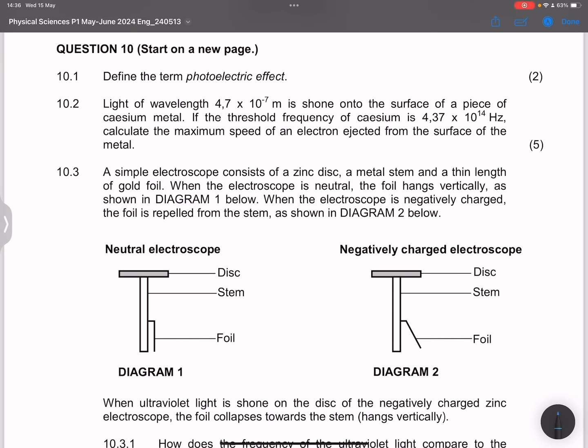They say light of wavelength 4.7 times 10 to the minus 7 meters. So we've got the wavelength there. Is shone onto the surface of a piece of cesium metal. If the threshold frequency of cesium is 4.37 times 10 to the power 14, they say calculate the maximum speed of an electron ejected from the surface of the metal. Now, first of all, ladies and gents, we just need to note there that we are given also the threshold frequency, which means we can work out the work function